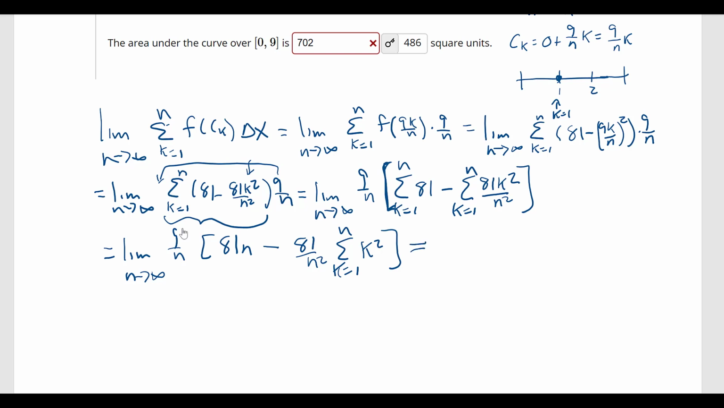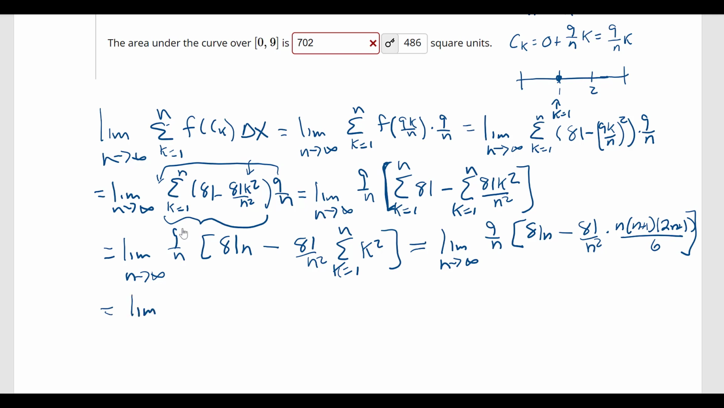this summation. We have the limit as n goes to infinity of 9 over n times 81n minus 81n squared over n squared, times, and this sum, the sum as k goes from 1 to n of k squared, is n times n plus 1 times 2n plus 1, all divided by 6. Okay, now we're going to have